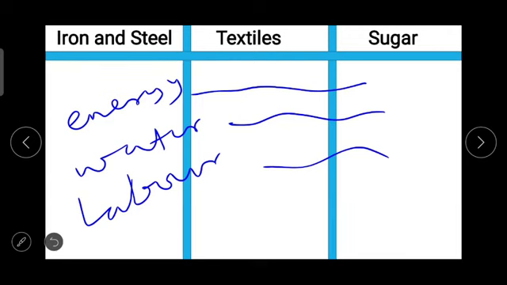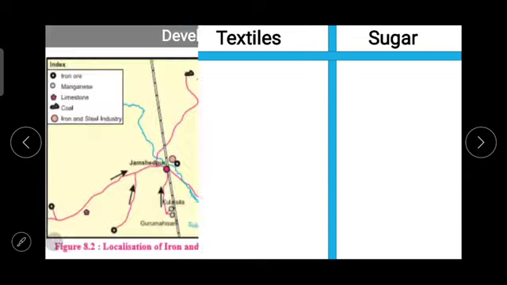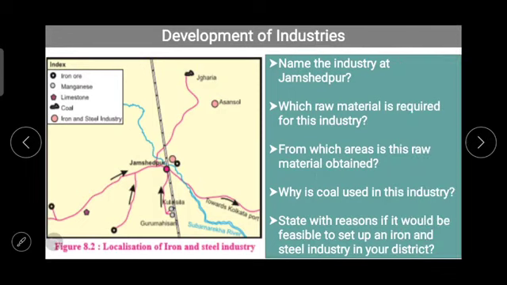If one has to start the sugar industry, which location is good for it? In a similar manner, for which other industries can you decide a suitable location? Just think about this, and while thinking, concentrate on the factors which affect the location of an industry so that you can easily give the location for the industry. Now the figure 8.2, which is given again,